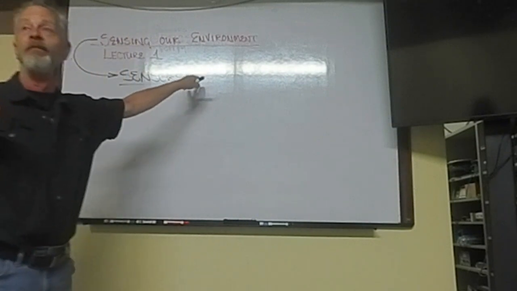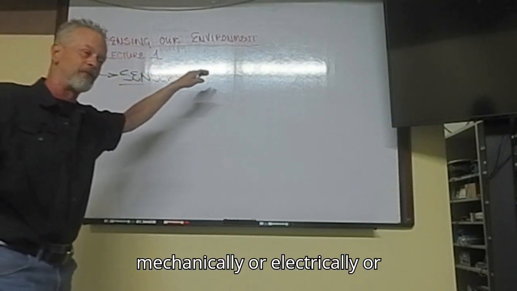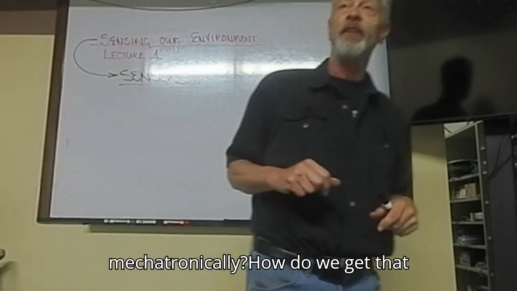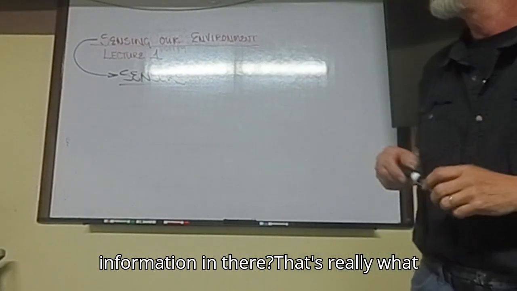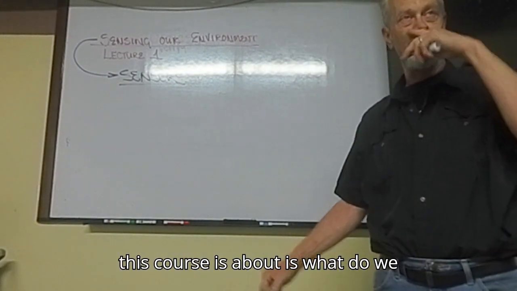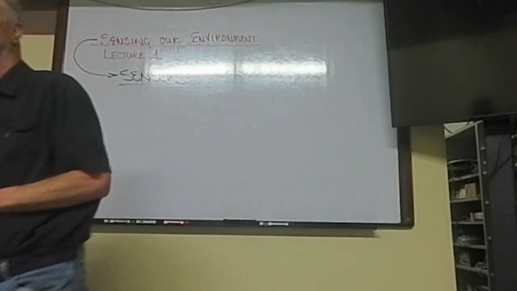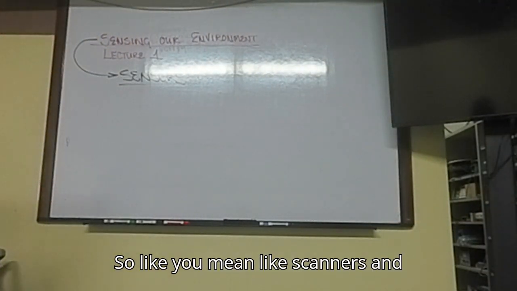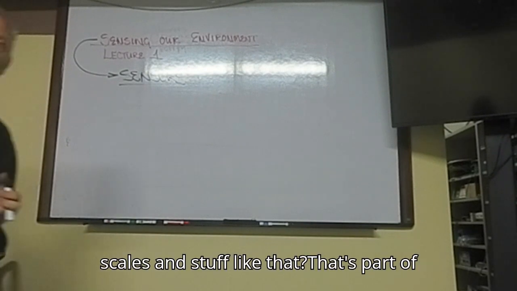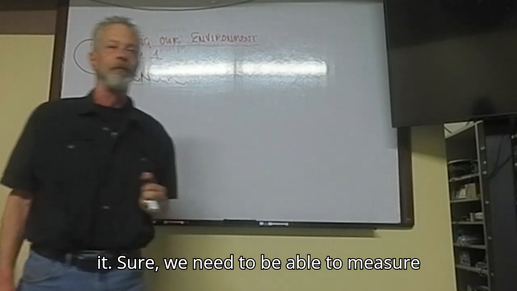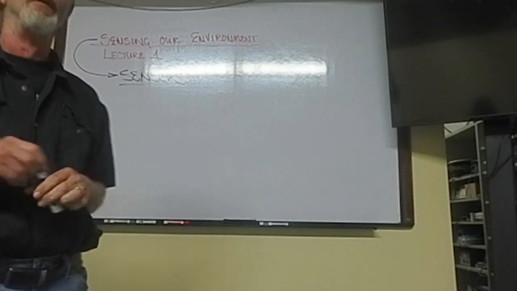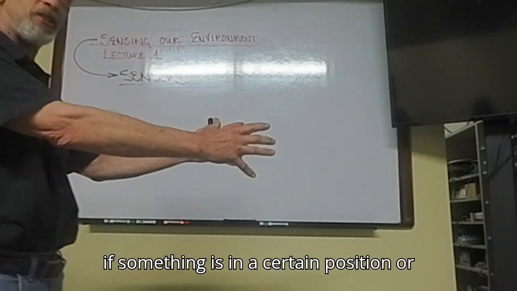How do we do that? Mechanically or electrically or mechatronically? How do we get that information in there? That's really what this course is about: what do we measure and how do we measure it? So like, you need like scanners and scales and stuff like that? That's part of it. Sure, we need to be able to measure if something is in a certain position or